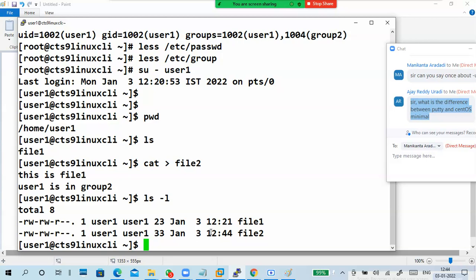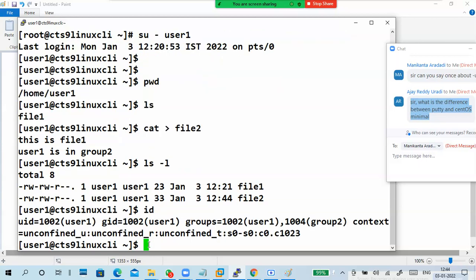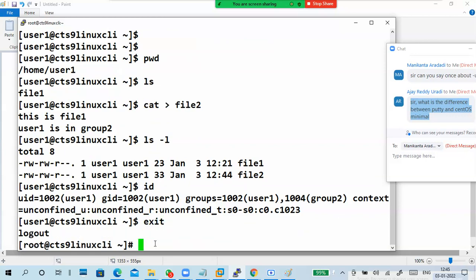Even though you are in group one or group two, it is not showing here because it's a primary group. With id, see, only the primary group displays here. Secondary groups don't come here because they are secondary groups. Try to understand that, only in a recording.